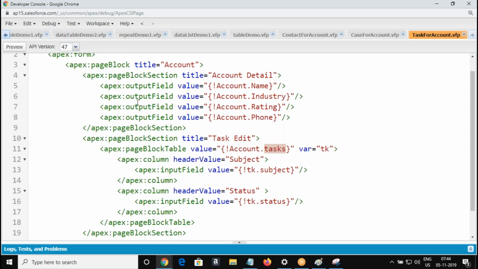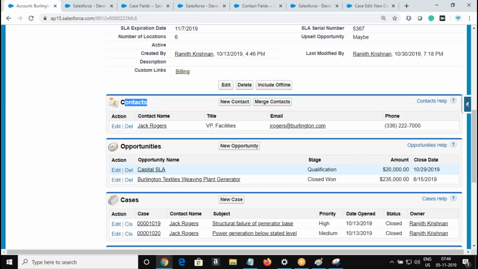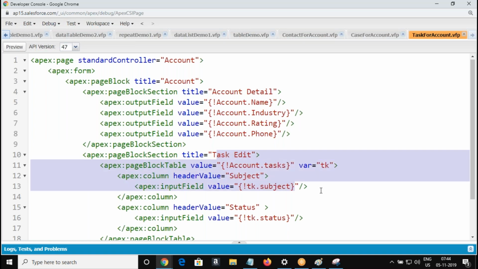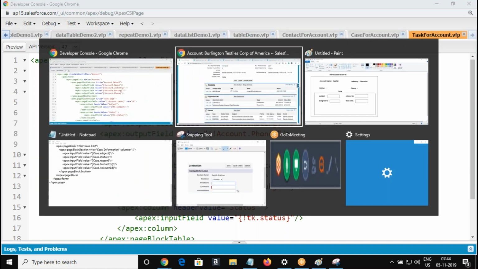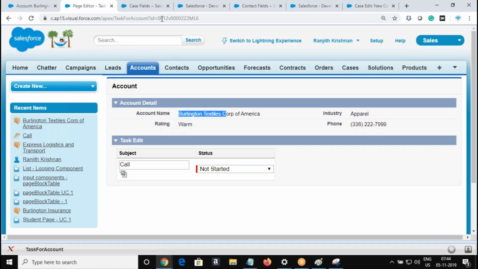Basically, what we are able to bring into the UI are the details of the account and the existing tasks for the account. So I can modify the task now. We are just working on the UI part. If we pass the ID in the URL as a query string, I can get the details of the task and that account record. You modify here, and you can add a command button to save the modified task.